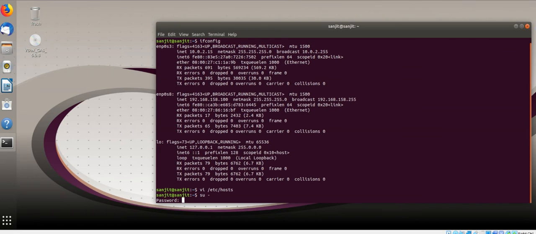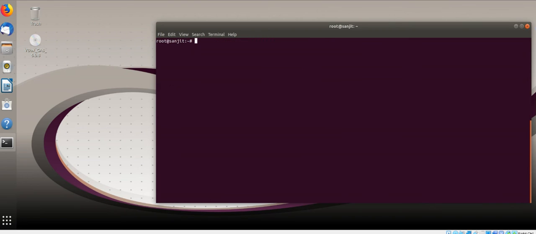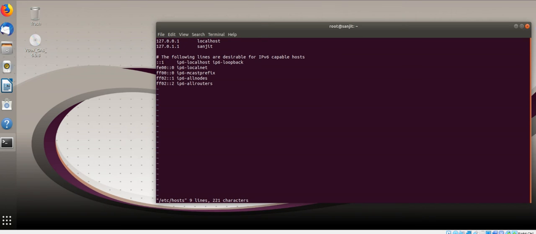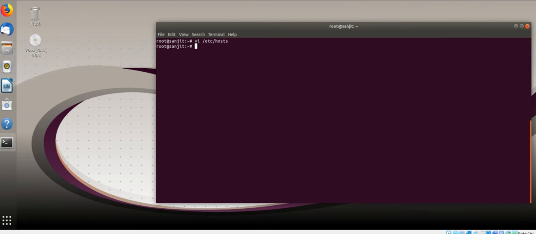I am here as root. Without root you can't edit that file. I'm going here, press I because I am using the vi editor. Okay, one second, let me use the vim editor, it's better compared to this one.